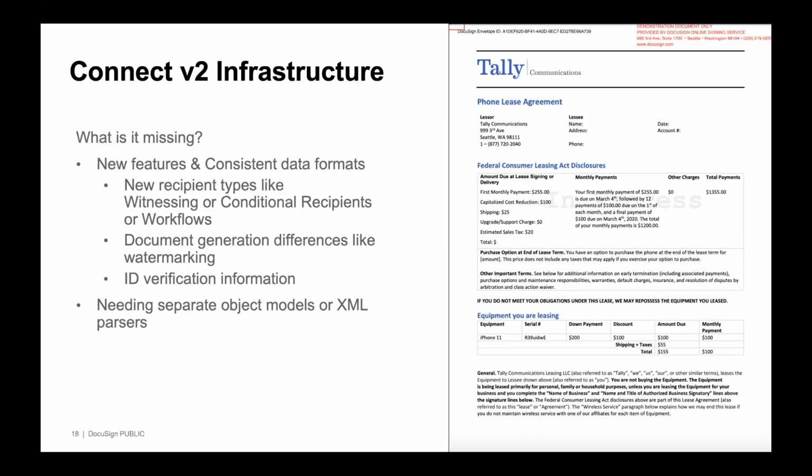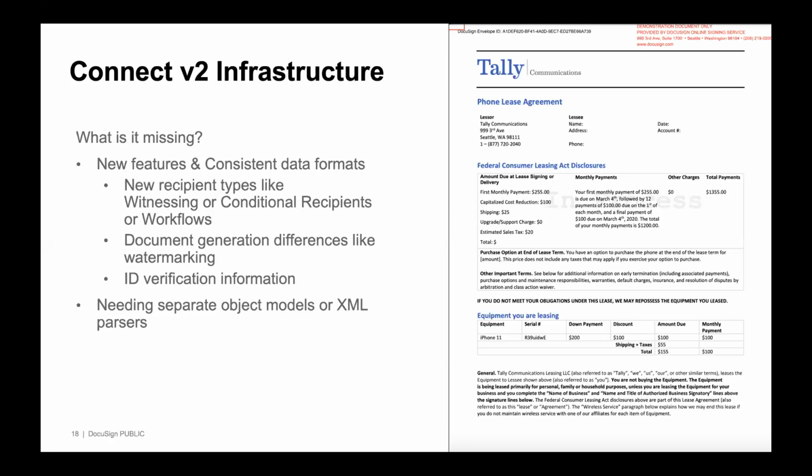Then there are other features and products like ID verification, which is, again, very cool product. Just take a look at it if you haven't. Essentially allows you to verify an identity of a customer when they're trying to sign. But that type of information, again, as part of the legacy payload, doesn't come back with the Connect message. So all of this essentially gets solved in the new V2 infrastructure, which we'll talk about a little bit. So features is a big reason for considering the new V2 infrastructure.